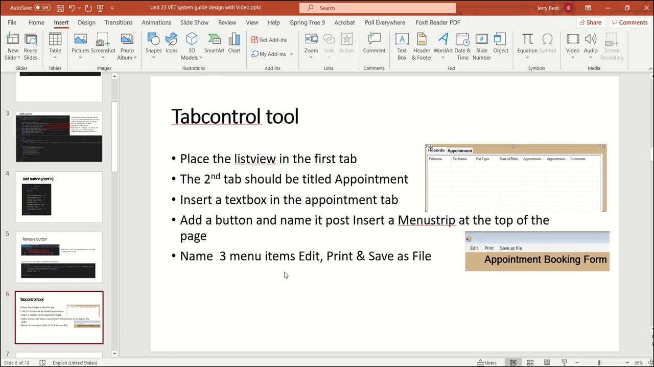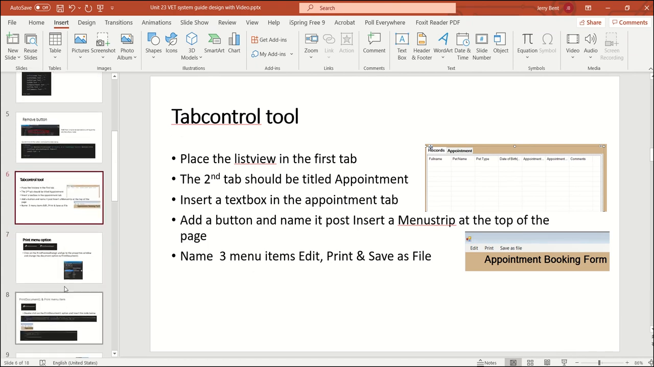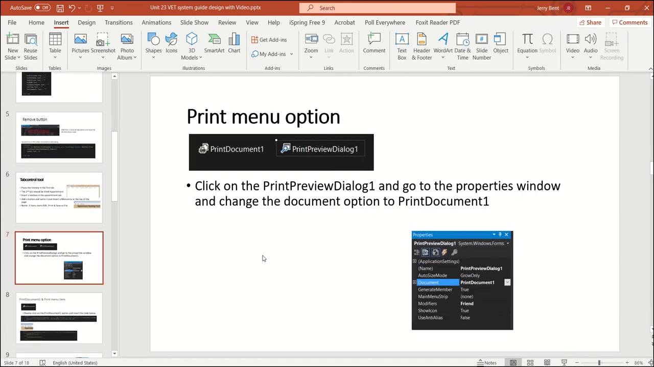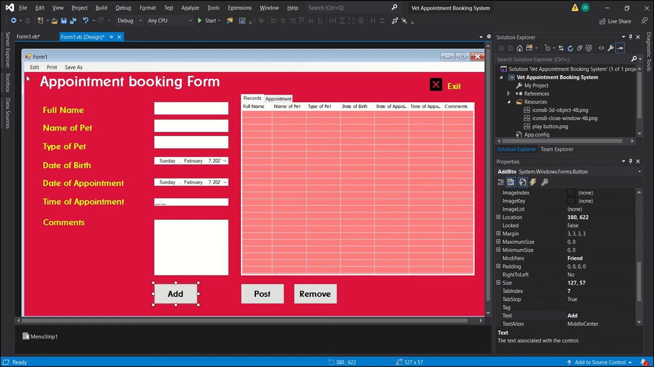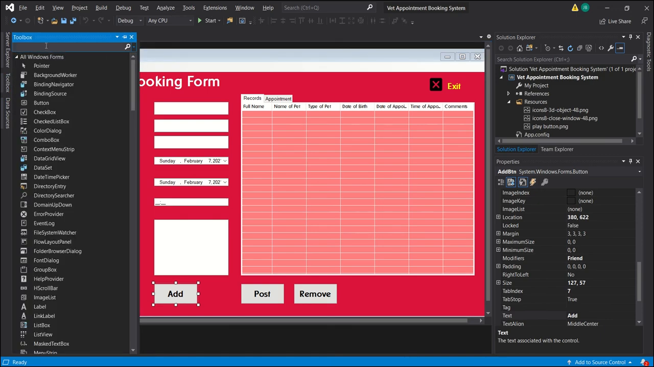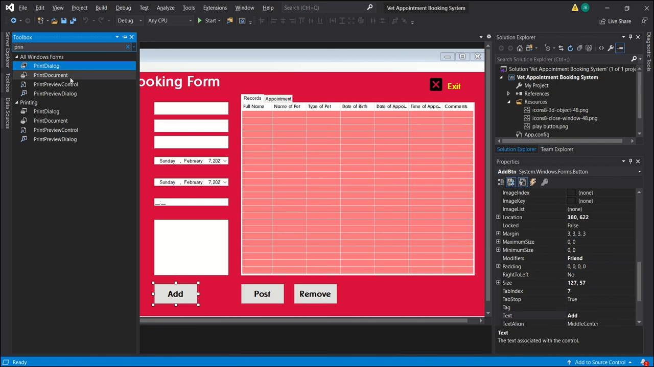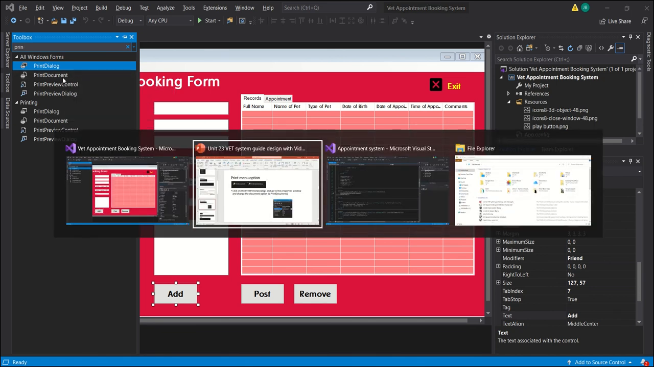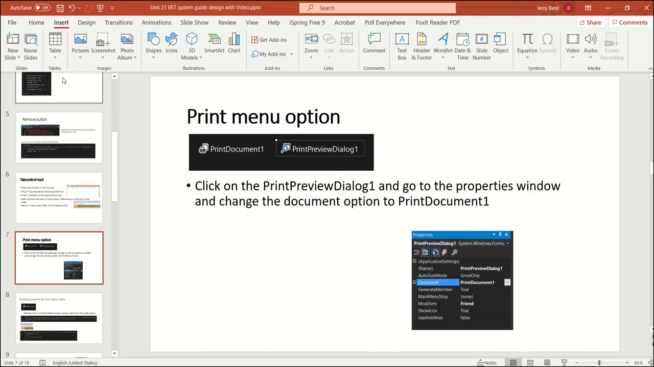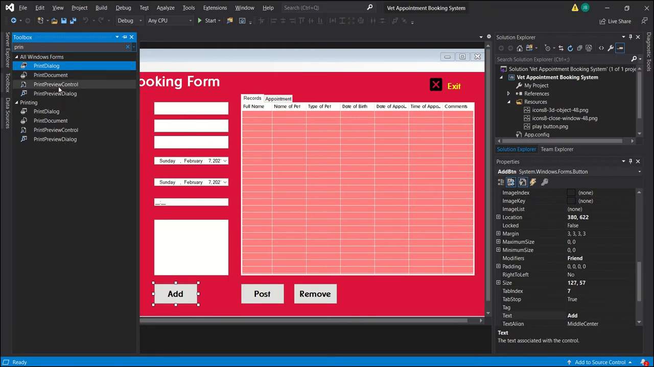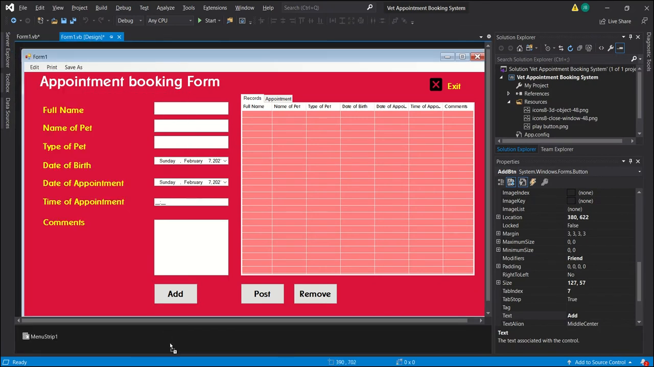Tab control, we've added these items already, so we'll go on to next. So what we want to do is be able to print preview. So in our menu, we're going to get print document and print preview. So click on the print preview dialog and go to properties. We're supposed to add these first of all from our toolbox. So you go to toolbox, go to print. You can see here the options you have are print document and print preview dialog. So print preview dialog, you click and drag it there,